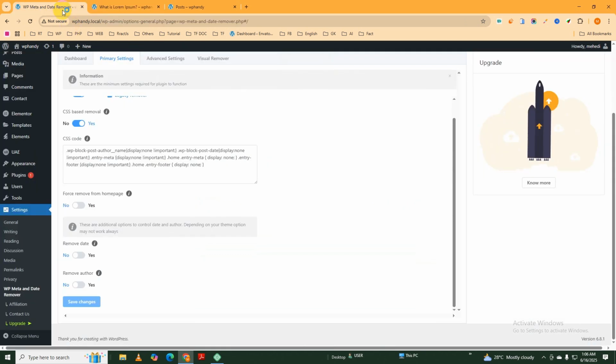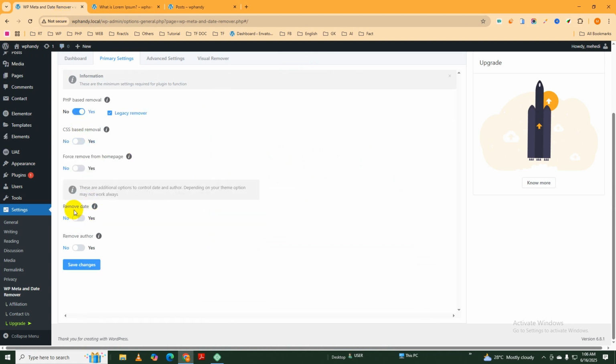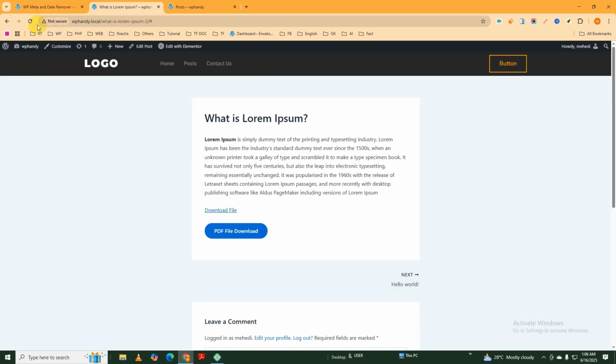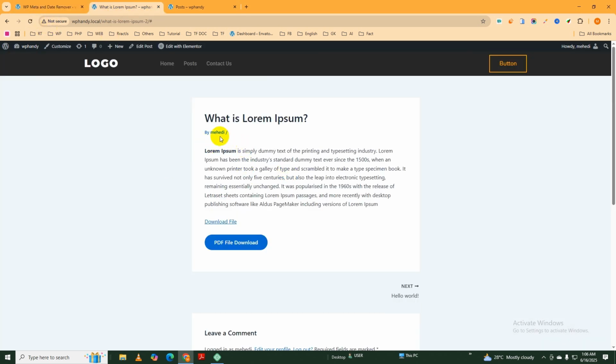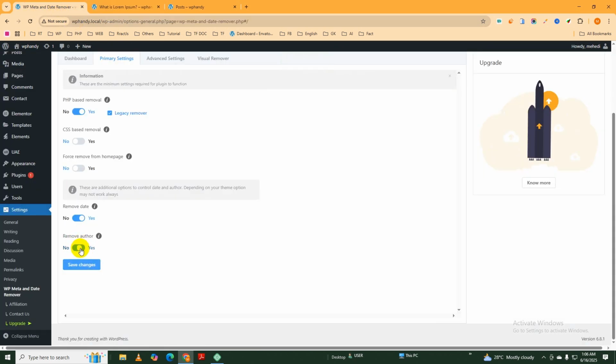Then again go to the settings page and enable it. Then you can see remove date and author from here as well. So author, remove date, save changes, and yes, author is showing. Then again remove author, save changes,